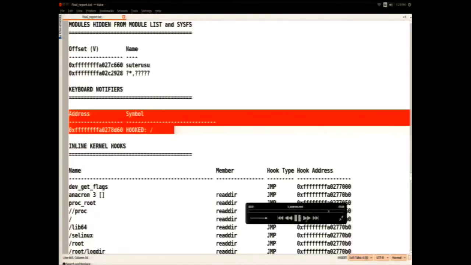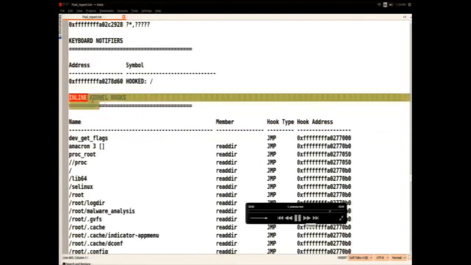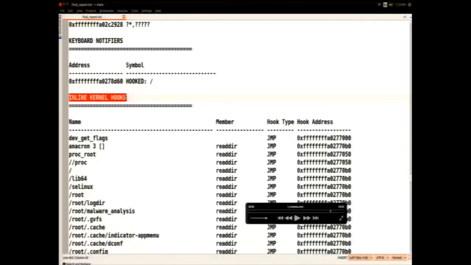Also, another thing the rootkit is doing is inline kernel hooks. Inline kernel hooking is a technique where the malware can modify several instructions in the function, basically using jump, call, or ret instructions. The idea is to redirect the control flow to a function in the malicious module. That way, any application that is relying on the system call would go to the malicious function, which can then add, delete, modify, or intercept any data related to that system call.